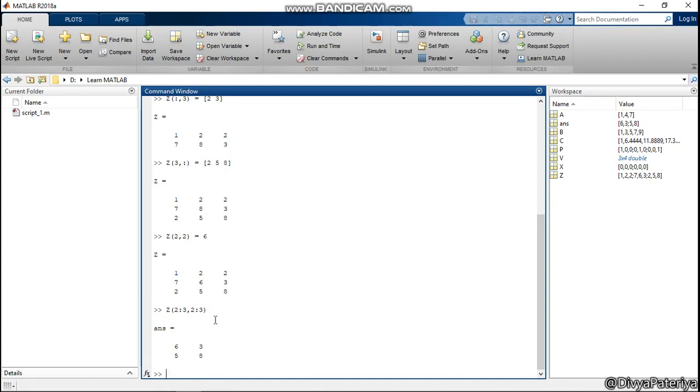What I did here is I extracted from second row to third row, but from second row to third row we also have 7 and 2, so we don't want that, and that is why I specified the columns. That is how we had 6358 as our answer. So this is how we can address the array and fetch out the elements in them.